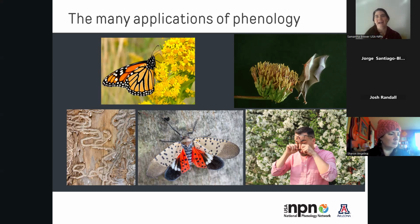Here in Arizona, we have lots of cactus and agaves. They're really important for migrating bat species. So knowing when the cactus and agave are blooming tells us when there's nectar available for migrating bat species. Pest control as well, right? So looking at bark beetles or spotted lanternflies and their phenology and the phenology of plants around them and how they affect each other. And then, of course, right, with humans, allergies, allergy season,